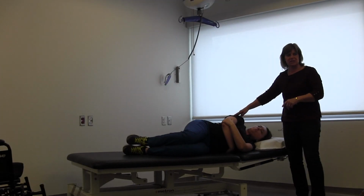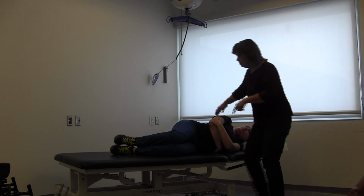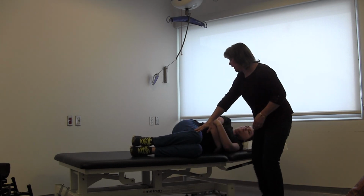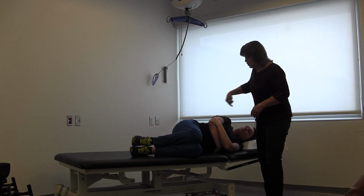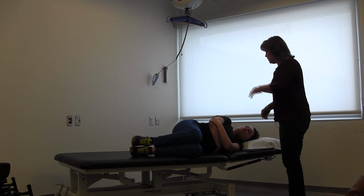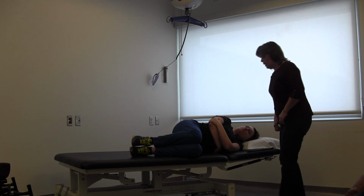She's in a great position to sit up. What we want to do is push or lift her knees a little bit, like that, okay? And if you notice, she's almost in the sitting position lying down, okay? I'm going to go underneath her shoulder, and I'm going to take at the hip, and what we're going to